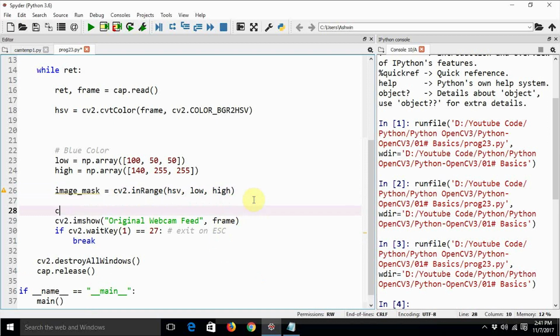We just need to type cv2.imshow, IMSHOW, and say image mask, image underscore mask. That's it. It is going to create an image mask and display it on the screen. At this point we can see the execution of this program.